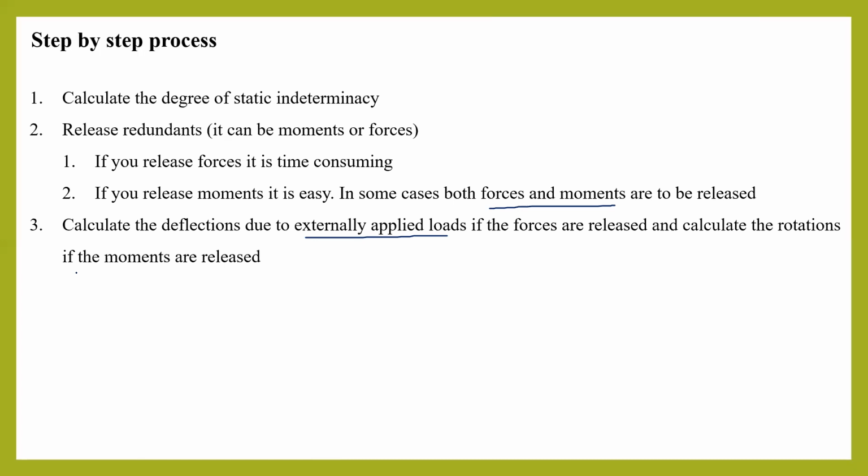One more thing here is, whenever you are trying to calculate the deflections and rotations, you need to use conjugate beam method. So in conjugate beam method, for a real beam, if you are trying to take externally applied load, for conjugate beam, we need to calculate, say if we want the rotation for original beam, for conjugate beam, it has to be shear force. What does that mean? You need to sketch the bending moment diagram, that is also called as M by EI diagram. So for M by EI diagram, if you calculate shear force, you will get rotation. For M by EI diagram, if you calculate bending moment, you will get deflections.